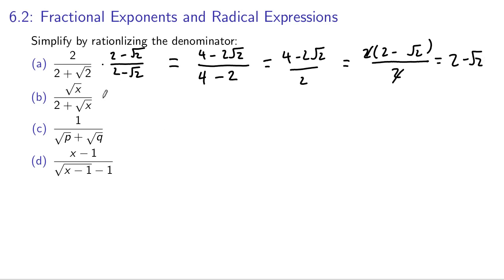So here we want to multiply by the conjugate of the denominator, 2 minus the square root of x over 2 minus the square root of x. And that gives us, using our distributive law, 2 square root of x. And we have minus square root of x times square root of x, which will give us minus x over,